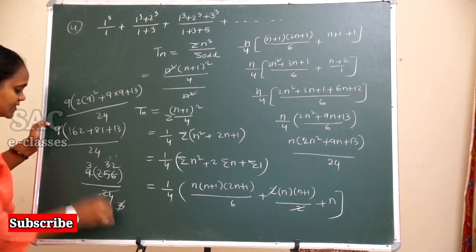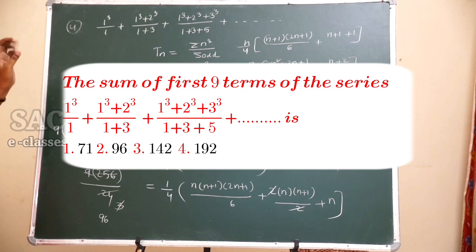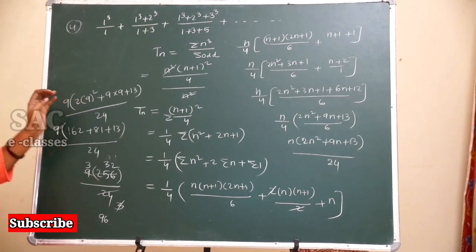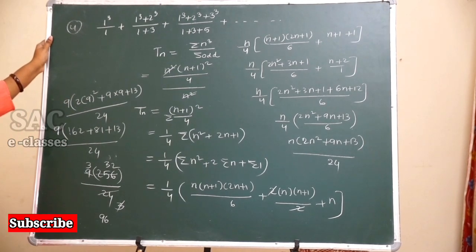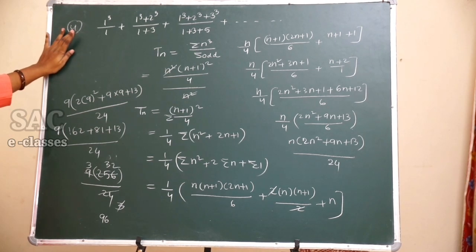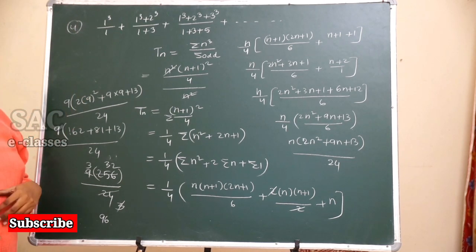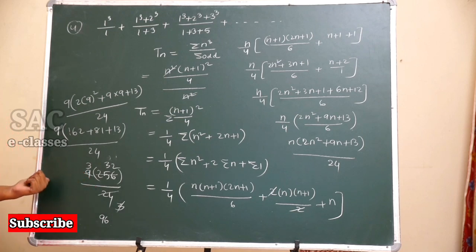Answer is 96. In some other way also we can guess that by observing the options: 71, and one more option is 96, another option is 142 and the last option is 192. It is divisible by 24. Only option B and option D are divisible by 24. By guessing like that also we can do it. Okay. Let's move to the next problem.